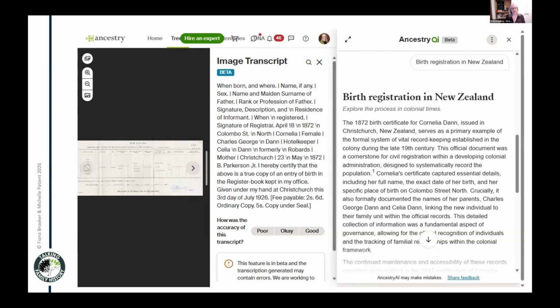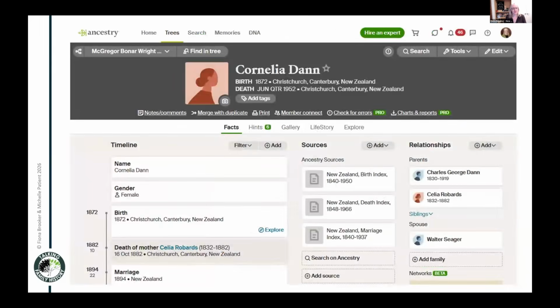And what I'm hoping that will mean in the future is it starts to give you hints about where else to go and do your research as well, and where that may take you. So I think over time, this is just going to get better and better and better, and will make such a change to what we're doing, because these documents, especially if we're adding them to our trees, can only get